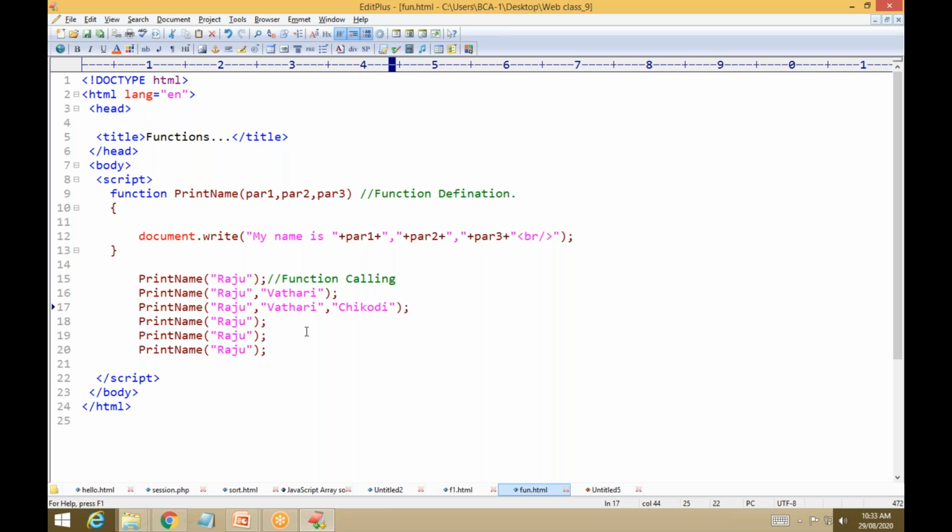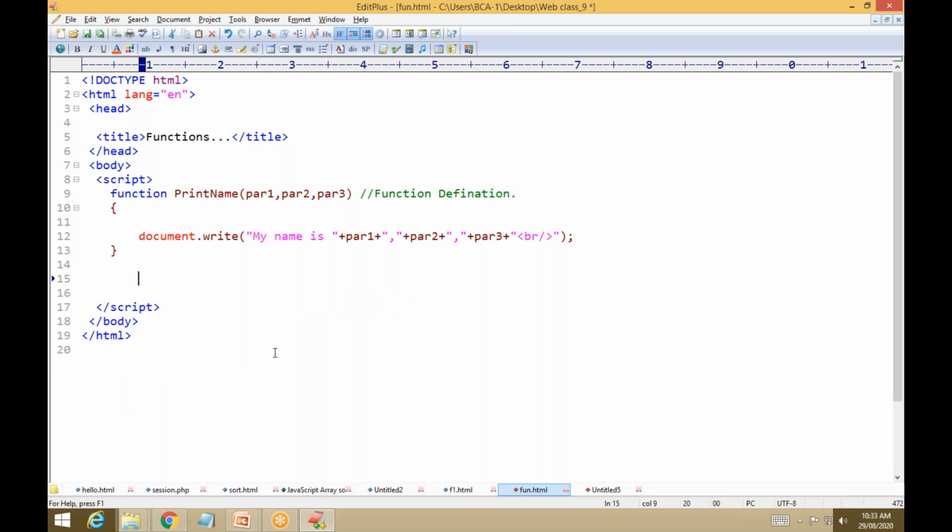Okay, so after that I am using one simple concept. When you click the buttons, that calls the function. You already know function calling, or a login form, registration form, when you click the button, that works with a function. How are you creating the function here? So just remove this one, and here also you have to remove. I'm removing all these things. Suppose my name is Raju, I want to print like this. When you click the button, that will print my name is Raju.